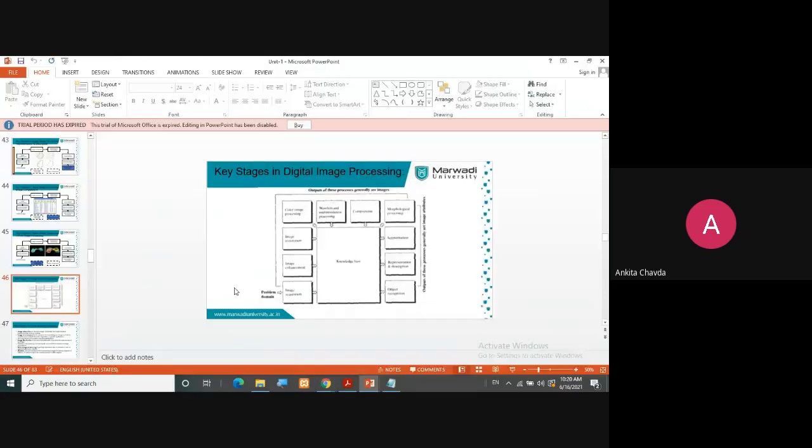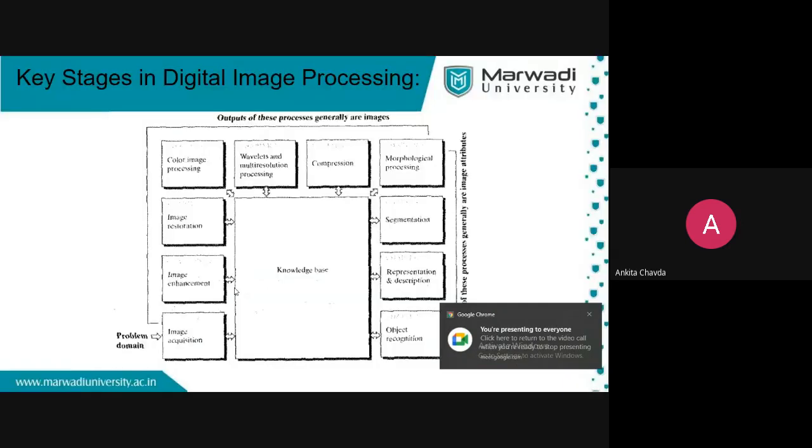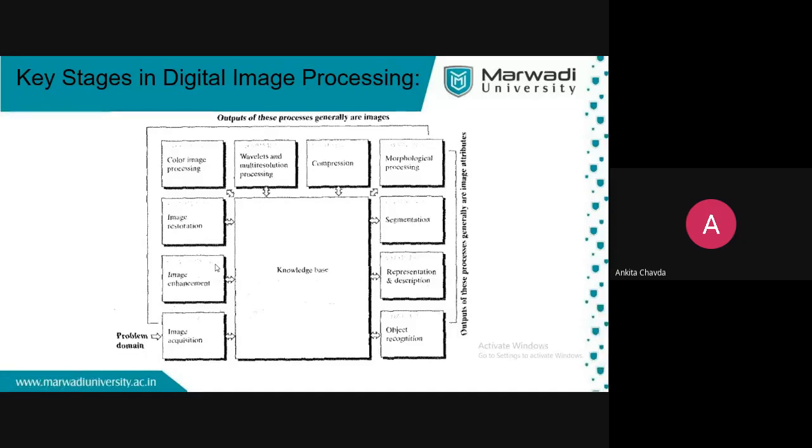Okay. So this is what we have. First is your problem domain, and then we are doing image acquisition, meaning we are taking the image, right? After that, image enhancement. If your image is not a noisy one, you can easily recover it, or you can easily improve the quality by just using what? Here, the brightness, right? So that is image enhancement.